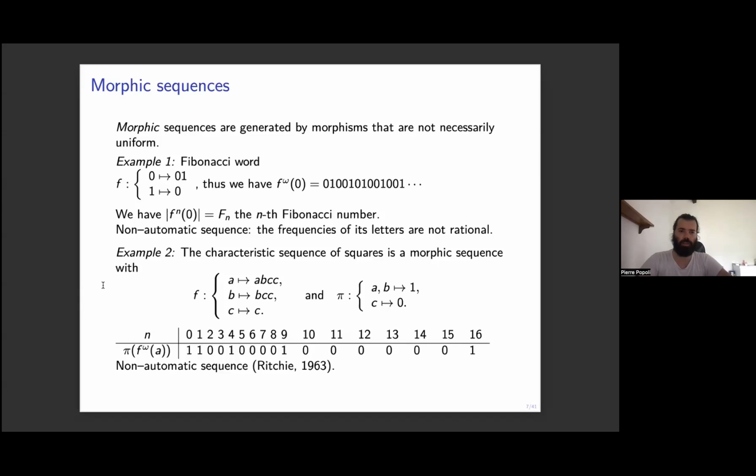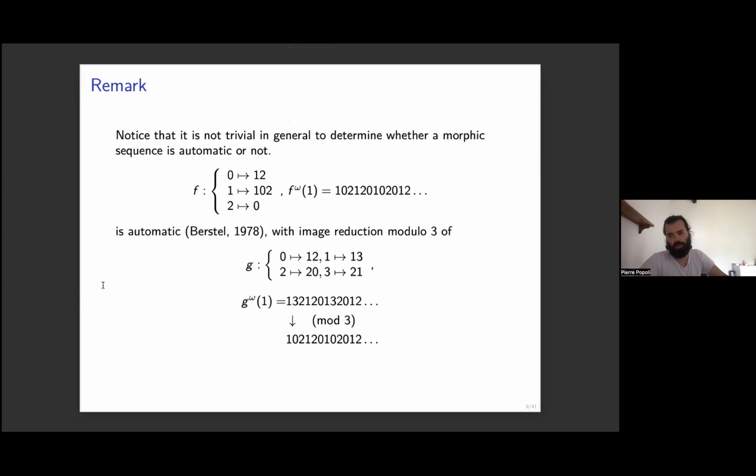And in general, it is not trivial to determine if a morphic sequence is automatic or not. One example that I give is the morphism where 0 goes to 1, 2; 1 goes to 1, 0, 2; and 2 goes to 0. If you take the fixed point of this morphism, Bestel proved in 1978 that this is an automatic sequence